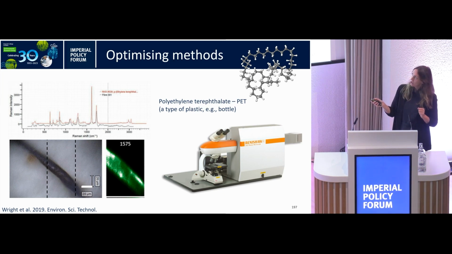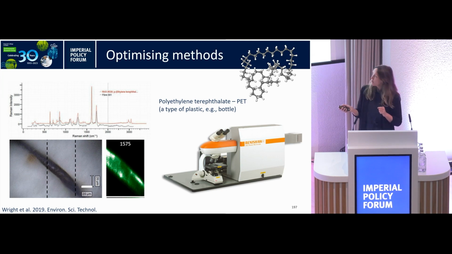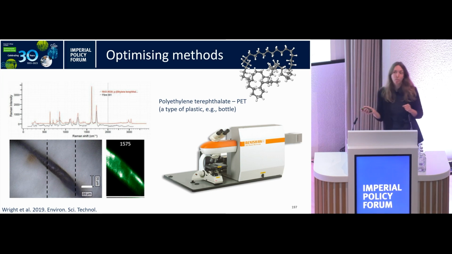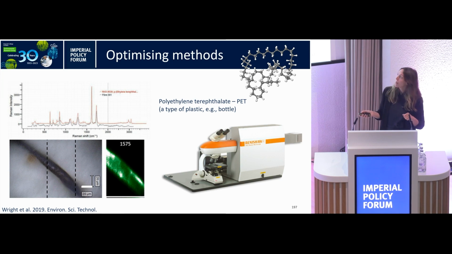So then what we could do is look for specific unique peaks within that fingerprint and essentially map the presence of those peaks in our image. So every pixel where the peaks of the plastic are present fluoresce and show us a positive plastic signal, and the black means the plastic's absent. And so here you can see its application, mapping a polyethylene terephthalate fibre in an ambient air sample.